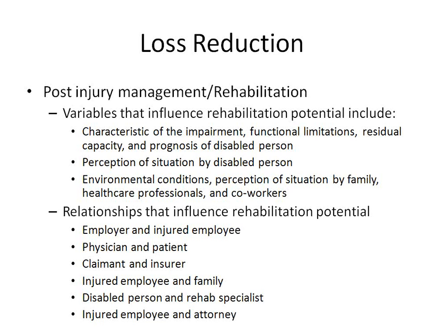The other relationships that influence rehabilitation potential, and I think this is really important. The very first one is the employer and injured employee relationship. Just because the employee is injured, a lot of times they never get a call. And if you consider that most people spend most of their working lives at work, even more so in some cases than with their family, the employer really is part of the family. And it's part of who they are. So if someone gets injured and they never get a call from the boss, there's that disconnect. At some point, they're more likely to call that attorney.